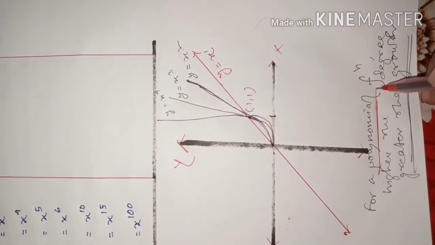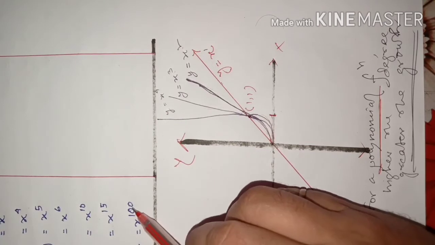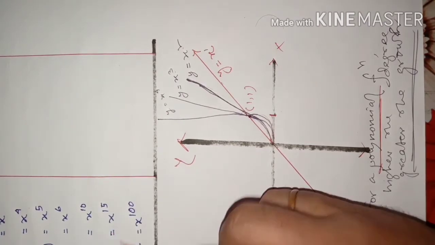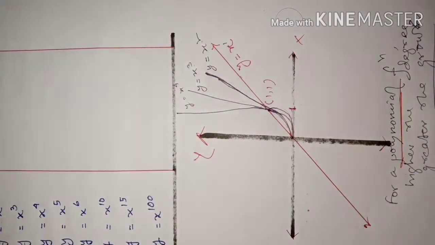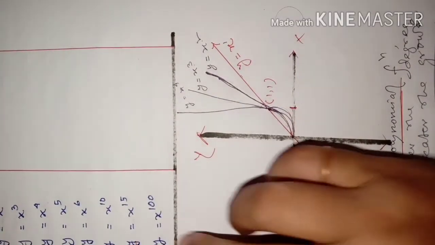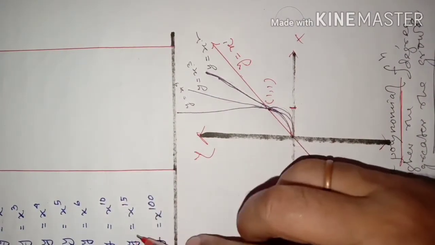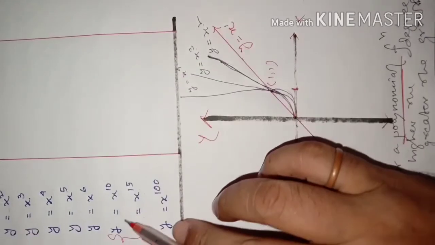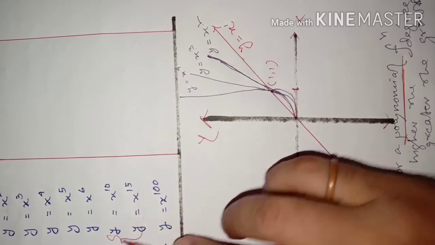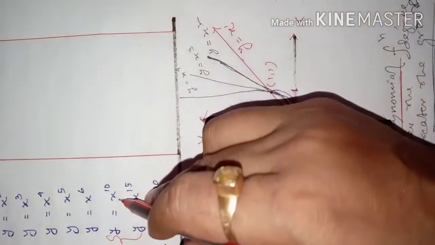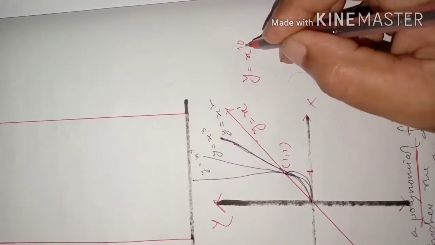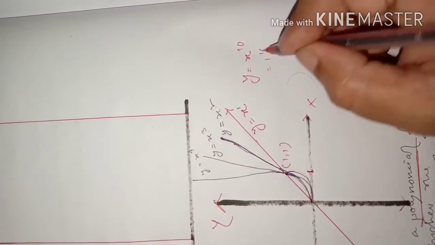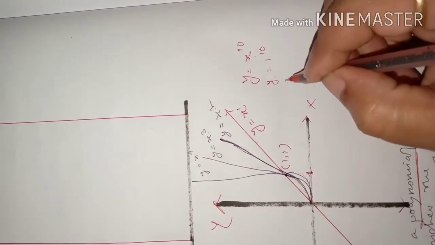So that is about polynomial functions. Now we have understood that y equal to x to the power of 100, or x to the power of 10, or x to the power of 15, will have growth that way, meaning their graphs will be steeper than this. Now suppose we compare y equal to x to the power 10 and y equal to x to the power 15. How will the growth be, how will it be faster? Suppose I take x equal to 1 in both. For y equal to x to the power 10, if we take x equal to 1, it will be 1 to the power of 10, then y will be equal to 1.